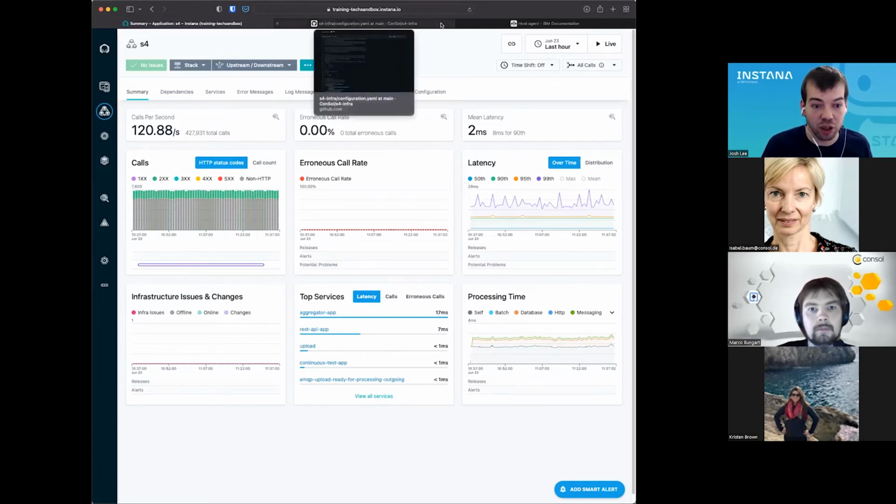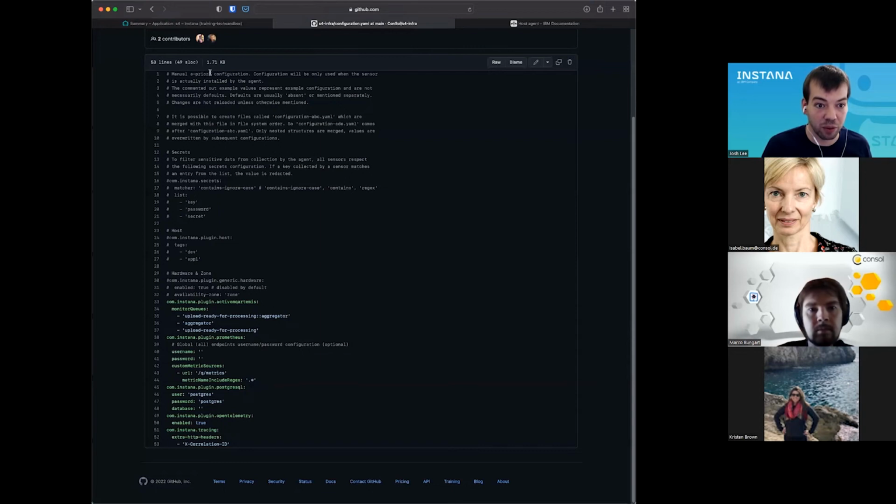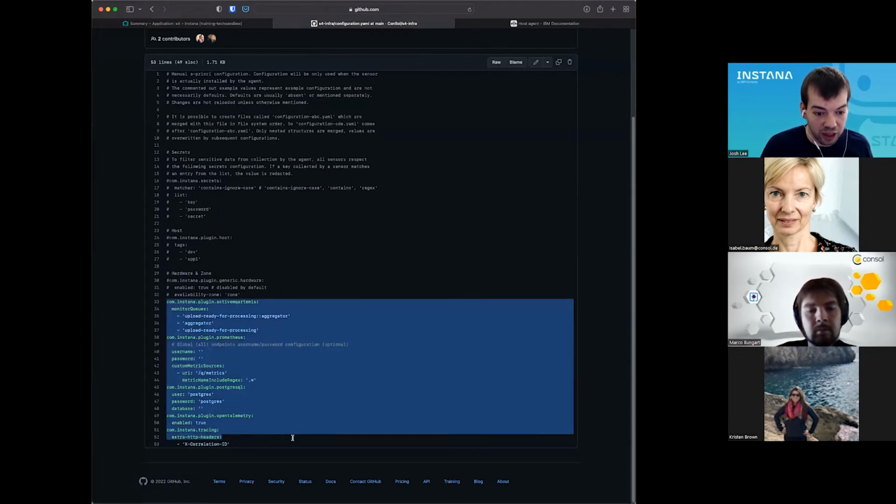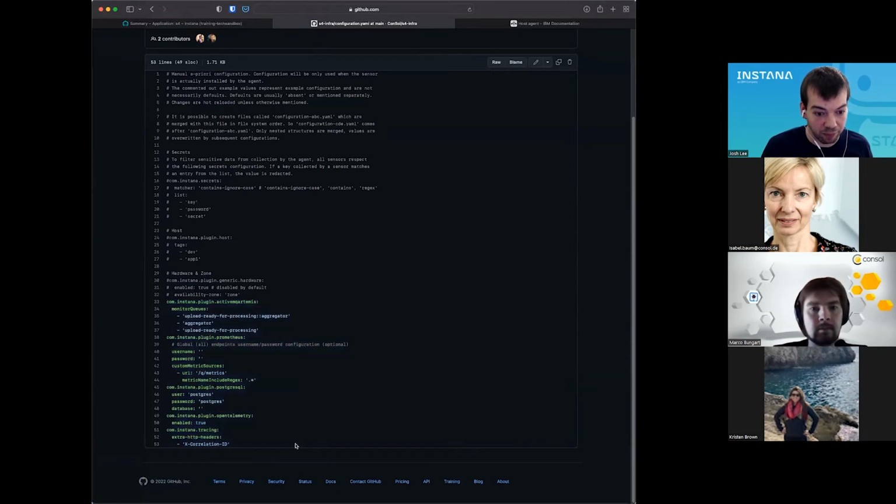I'll real quickly show, this is from the repo that Marco was alluding to that will be linked. This is the complete configuration for Instana for this app. You can see we have a little bit of configuration for the Artemis MQ, just telling Instana which queues are interesting to us.